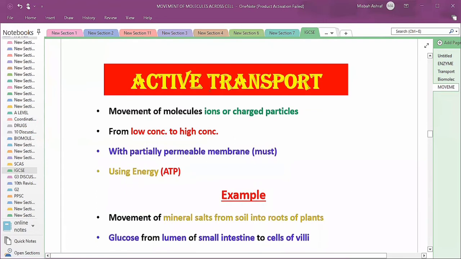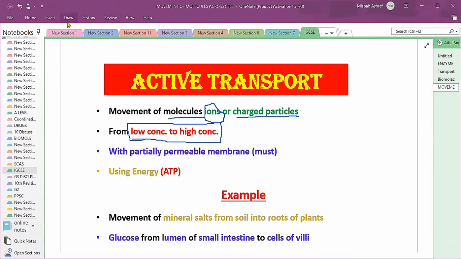The next term is active transport. Active transport is the movement of molecules, right? Here there are ions. In diffusion, ions can also move, or charged particles, right? Here you have to remember this is the movement of molecules from lower concentration to higher concentration. In the first two terms, diffusion and osmosis, we studied that molecules move from higher to lower concentration, but this is opposite. In this, the molecules move from lower to higher concentration,